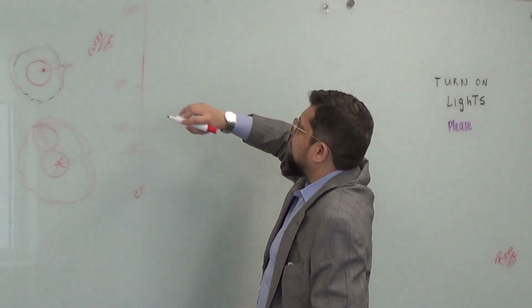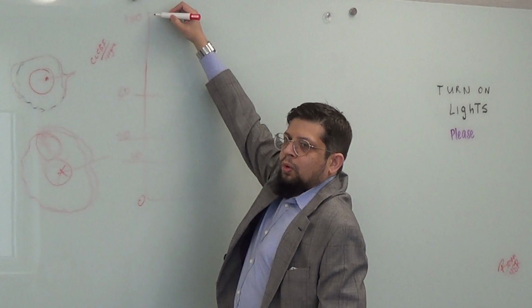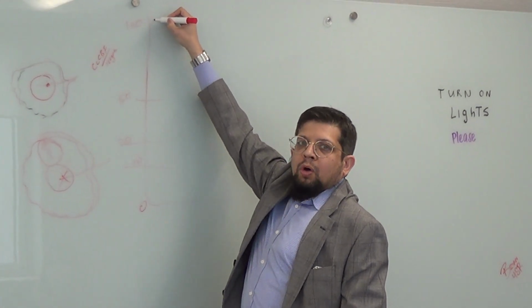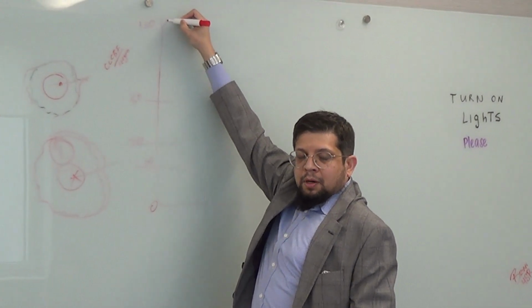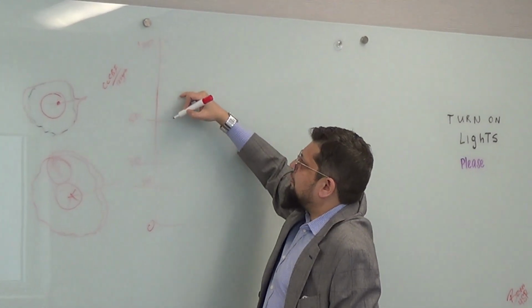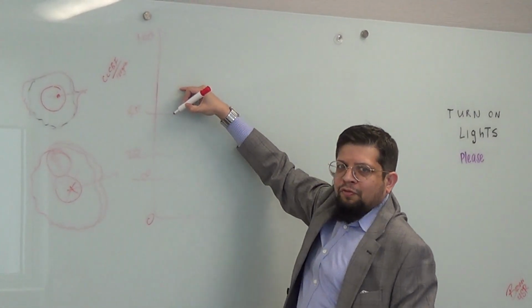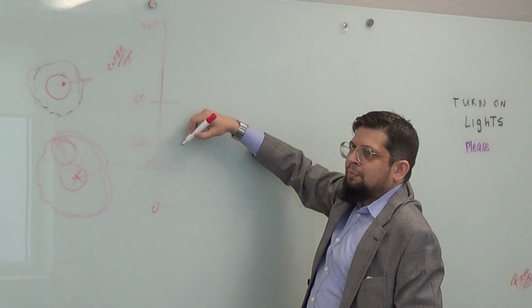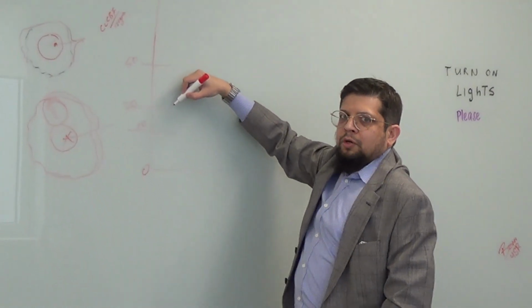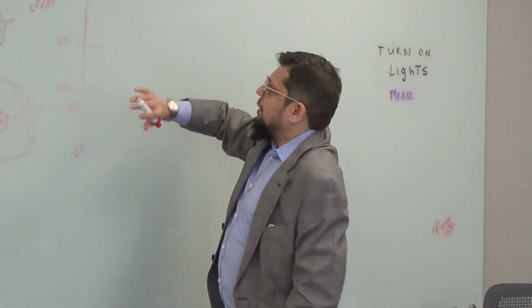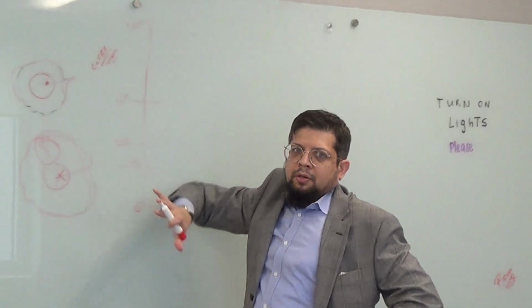Okay, so if you're perfusing at 100, that means you're perfusing 100 cc's of blood per 100 grams of tissue. Does that make sense? Okay, if you're perfusing at 50, that means 50 cc's of blood per 100 grams of tissue. If you're perfusing at 20, that means 20 cc's of blood per 100 grams of tissue, and so on and so forth. Clear? Okay, so these are somewhat arbitrary numbers, okay?